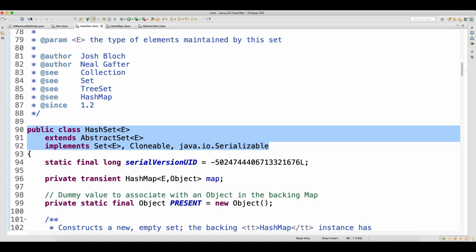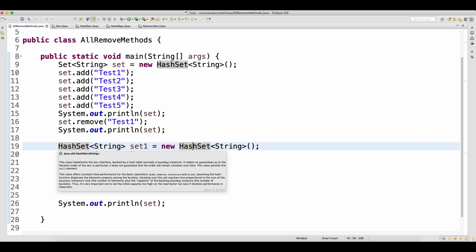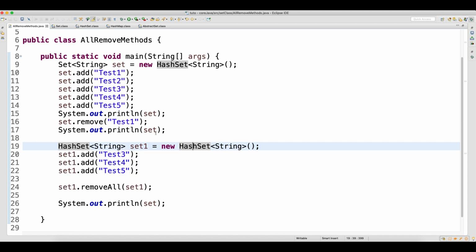Now it is clear what happens when you create a reference of parent and a reference of child. Your call will happen from the reference class, but on runtime the call will happen from the child class if it has a method overridden. If not, then only it will go to the parent. Okay, clear? Now this removeAll method, why I was stressing here is, when you click on this removeAll method,